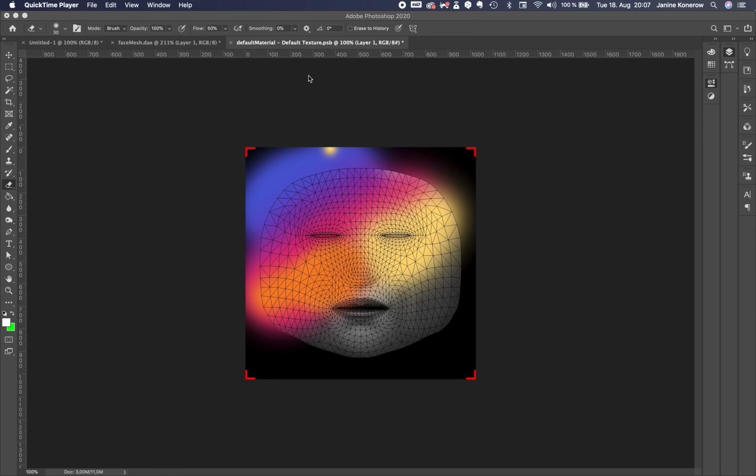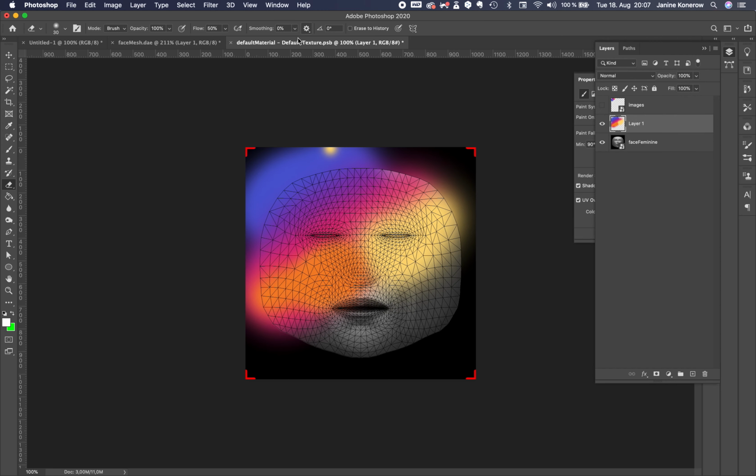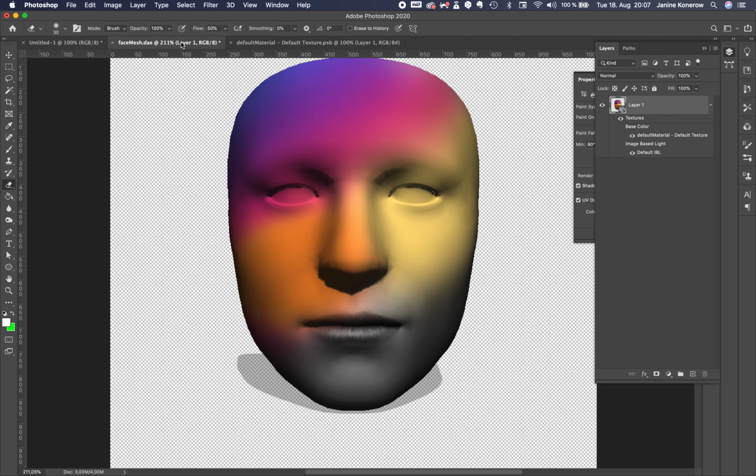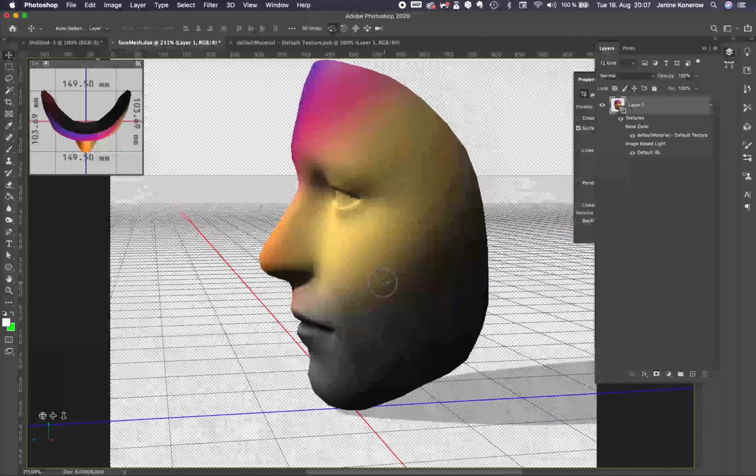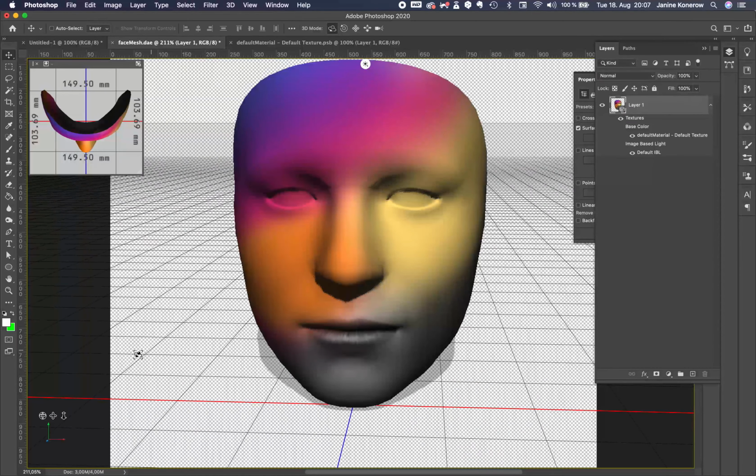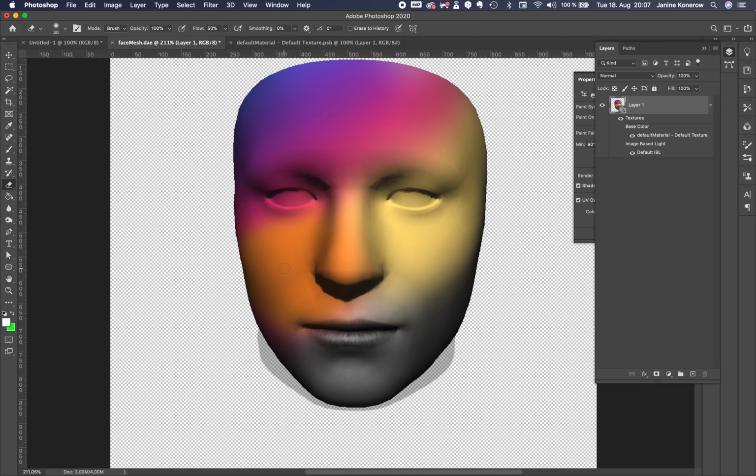Okay, this is the layer, or mask layer right here. And now you see this layer, where if you're saving this layer right here, you see the same result on our 3D model. And I want to fix now, I don't want this color over my nose and maybe just up to my cheekbones, so go to your eraser